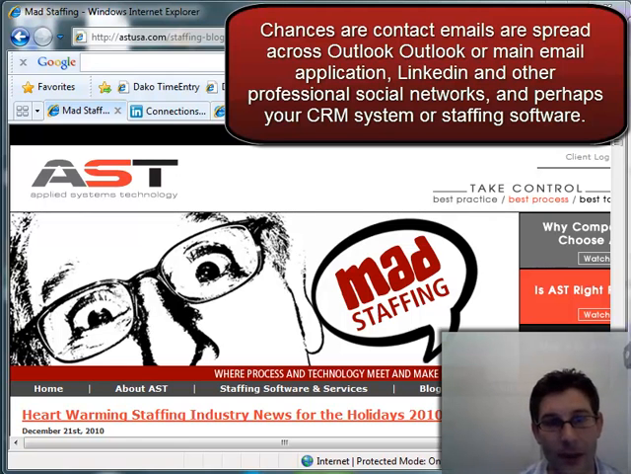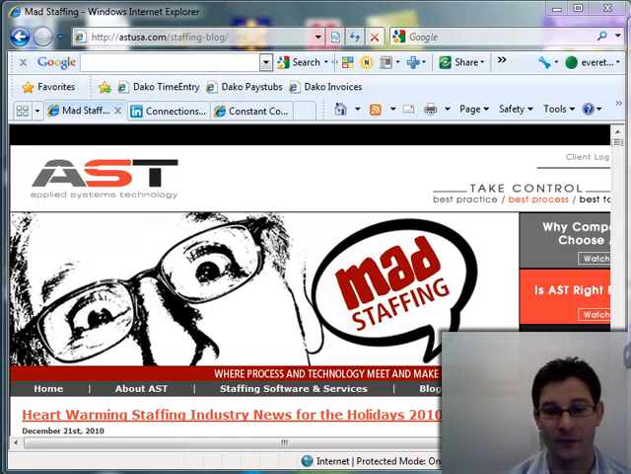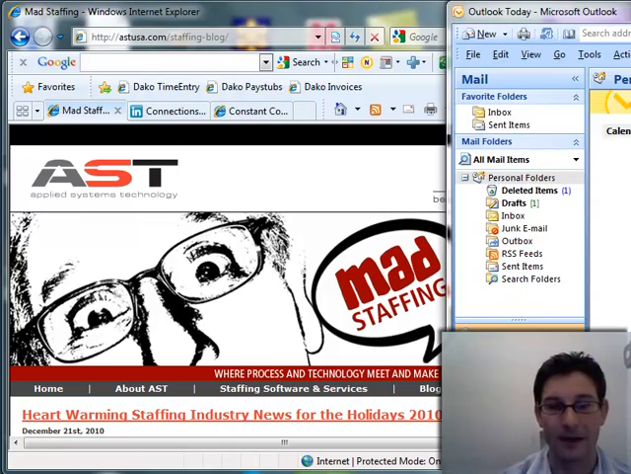Fortunately, in most applications, it's easy to export these contacts and their email addresses out of these databases, wherever they're housed. So I just want to show you some easy ways that you can get, for instance, your contact list out of Outlook. So for instance, if I bring up Outlook,